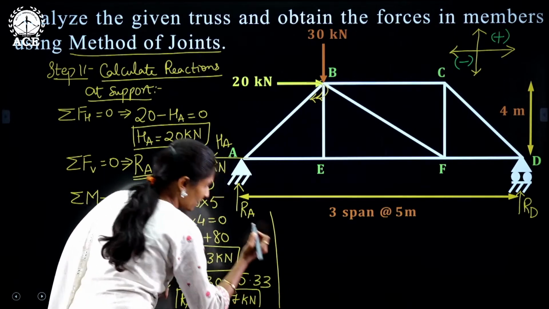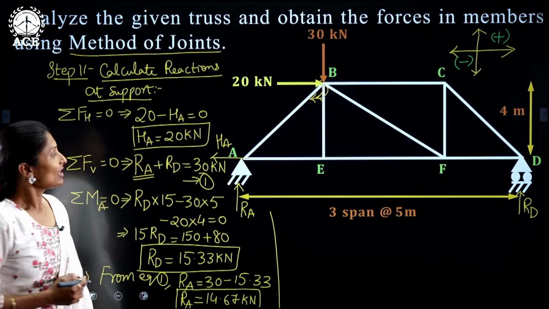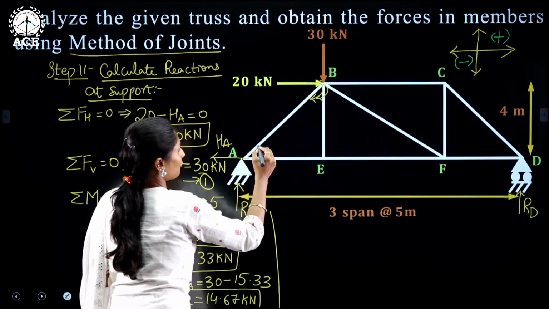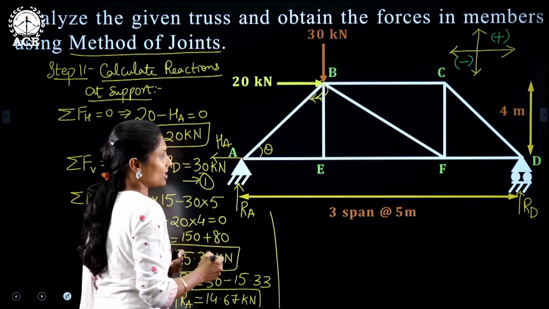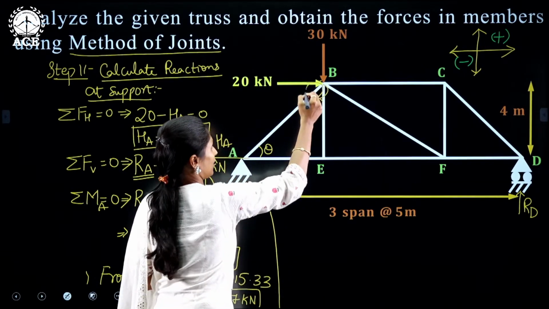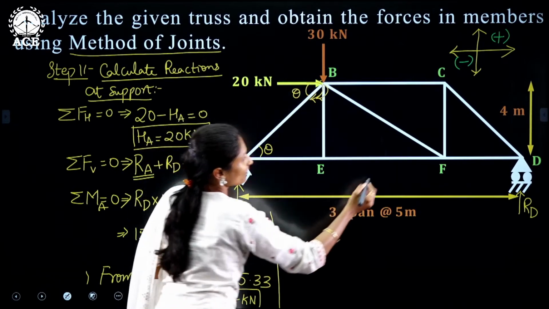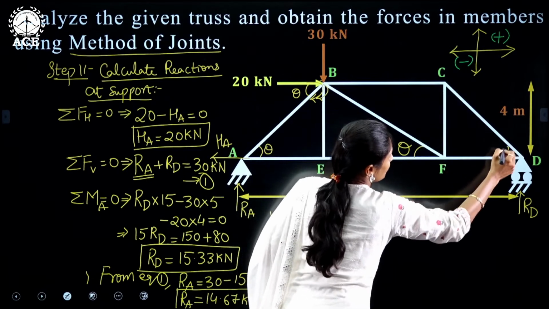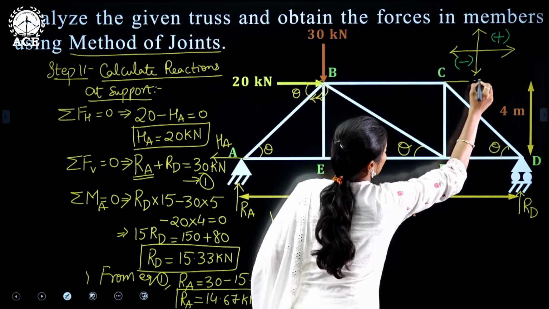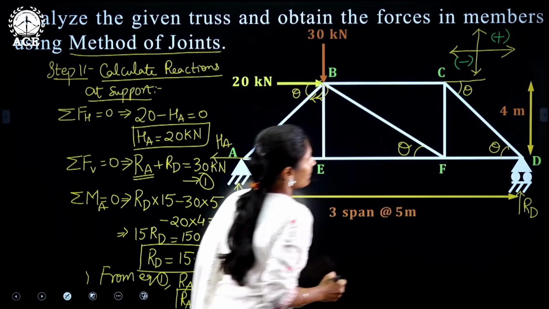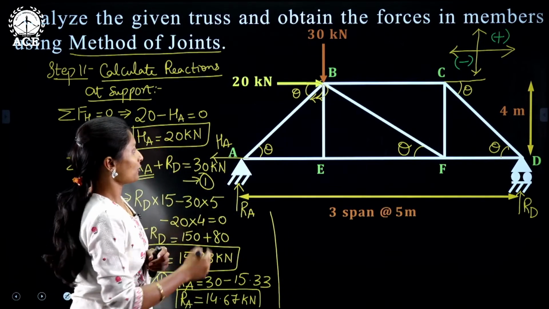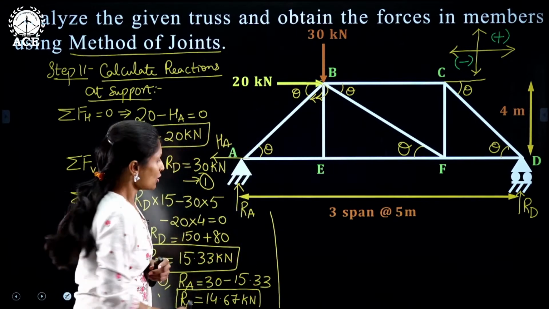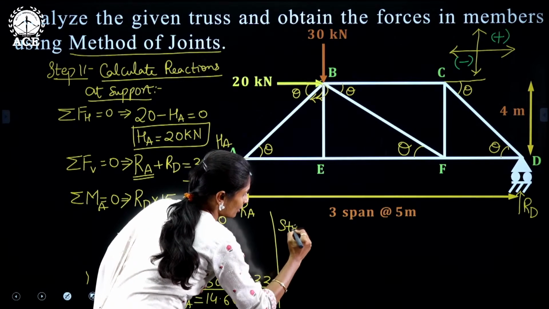Then what else should be done here? We all can see there are inclined members here, right? So we have to calculate the inclination theta. So here it is theta. This will be theta. This will be theta. This will be theta. This will be theta. So we have to calculate this. Obviously this also will be theta, right? So second step is to calculate